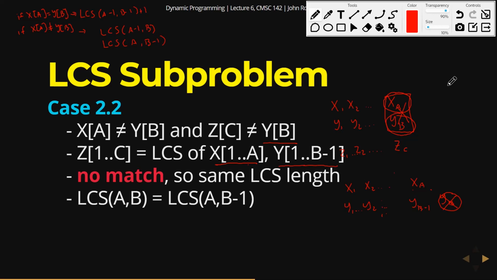Okay, so we now have two different cases: if XA is not the last letter of the common subsequence, and if YB is not the last letter of the common subsequence. So if we put all of that together,